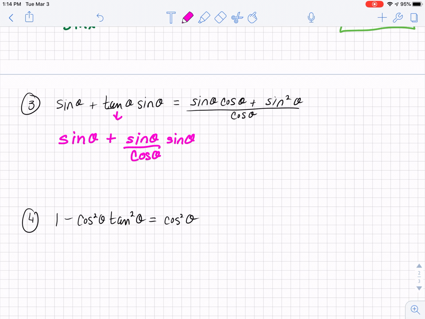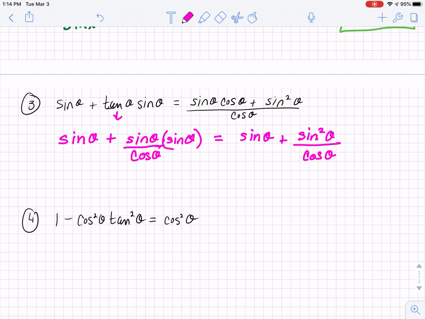Okay, and when I do this out, this is going to be an interesting one. I am going to get sine theta, plus this together is going to be, if I multiply this times this, it's going to be sine squared theta over cosine theta. Now, I'm going to remind you that when you are adding fractions, you need to have